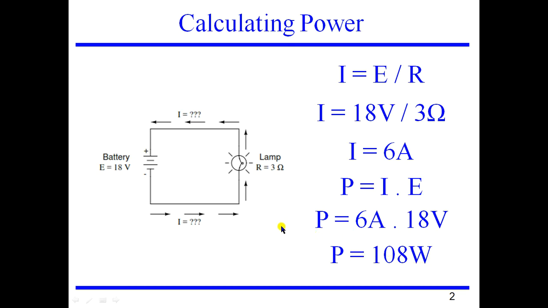The question that I want to ask you over here is this: is 108 watts the power generated from this voltage source, or is it the power dissipated from this lamp? This is a question that you need to be aware of. If you have a superconductor over here, no problem, you don't have to worry at all. All the power generated will be all the power dissipated over here. But normally you have connecting wires and other components coming in between. So what will happen? There will be some power dissipated over here, which is meager. So both the power will not be the same.